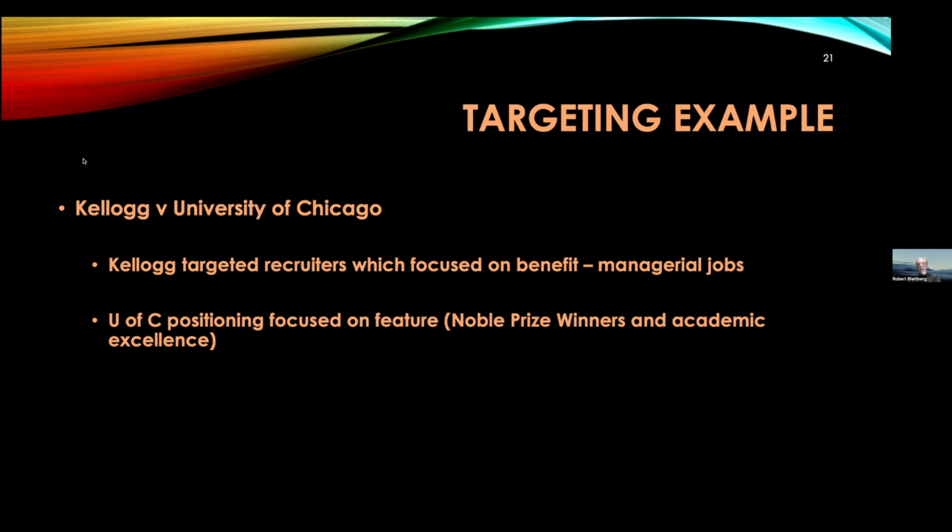But for MBA students, what the dean at Kellogg, his name was Don Jacobs, did was spend a lot of time meeting with recruiters and figuring out what the issue was and what they needed. And so even in the selection process at Kellogg, they did a lot of interviewing and identified certain types of students that they felt would do well in terms of recruiters. And then that was their strategy in terms of how they identified and positioned the school vis-a-vis the University of Chicago. And unbeknownst to us at the University of Chicago at the time, Northwestern was really doing well, and we didn't realize it. Obviously, the world changed, and business schools are not quite the same as they were back when this story took place.